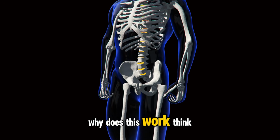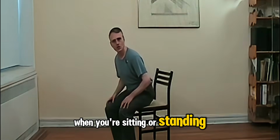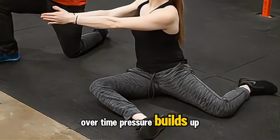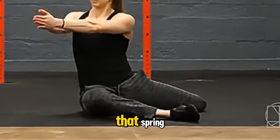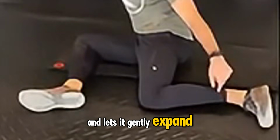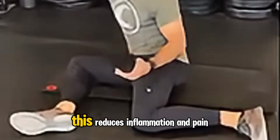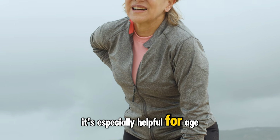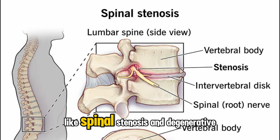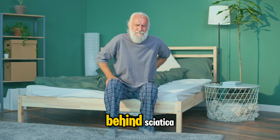Why does this work? Think of your spine like a spring. When you're sitting or standing, that spring is compressed. Over time, pressure builds up around the nerve roots. The 90-90 position takes the weight off that spring and lets it gently expand, opening up the spaces where the nerves exit. This reduces inflammation and pain. It's especially helpful for age-related conditions like spinal stenosis and degenerative disc disease, 2 of the biggest culprits behind sciatica